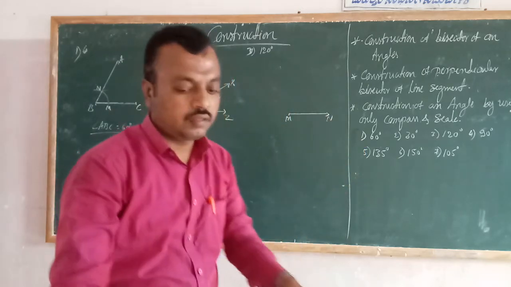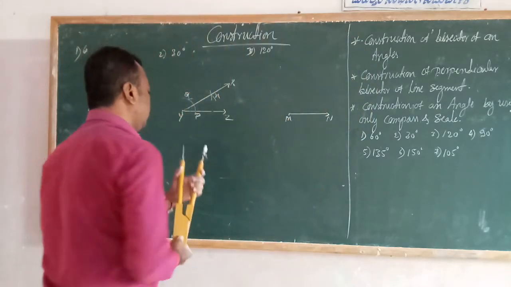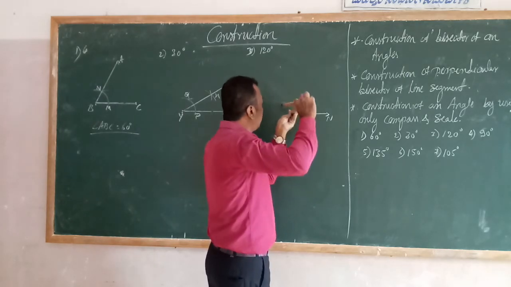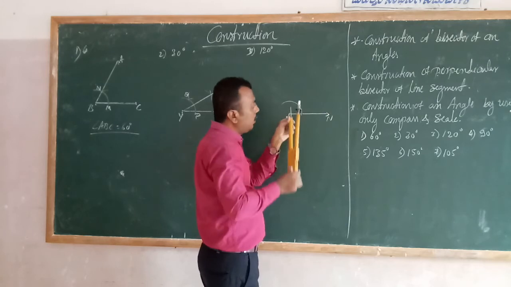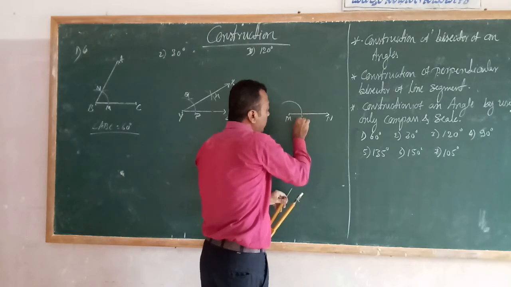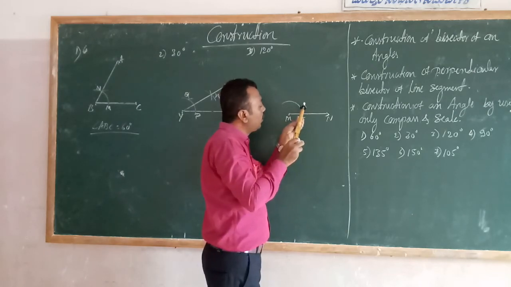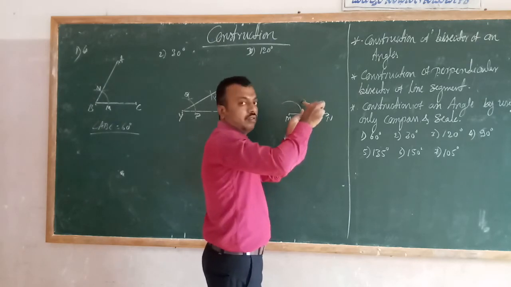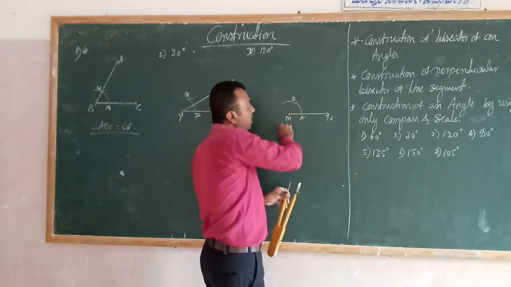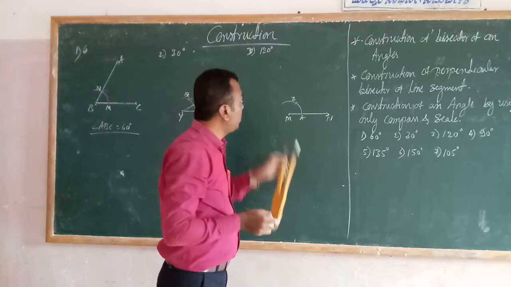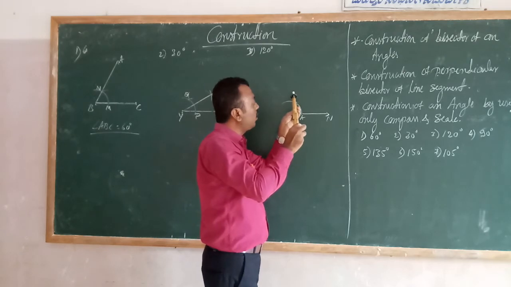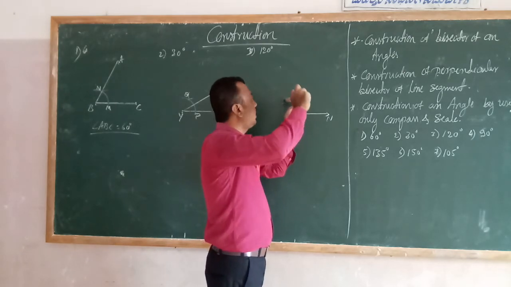Now take the compass. Take any stable radius from the compass. Keep on the point M and cut the arc. This arc intersects at A. So keep on the point A and cut one arc. Okay. If you join M to this arc point, called B, it becomes what? 60 degree. But I want 120 degree. That's why you have to extend these steps. Keep on the point D and cut the same arc.